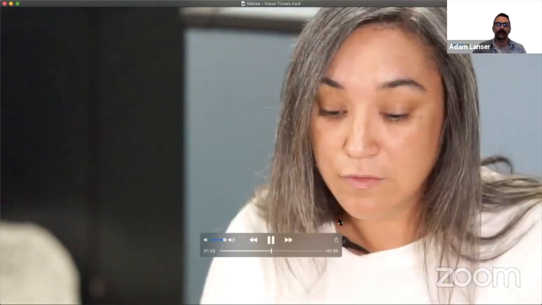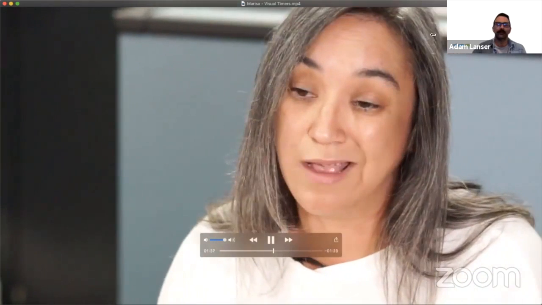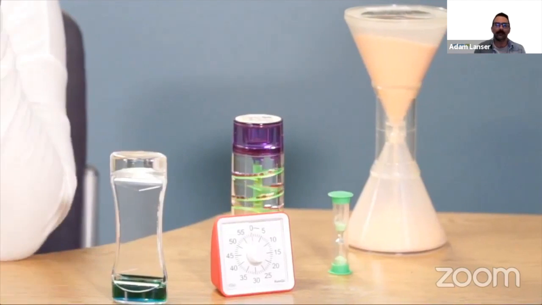I also use these especially for kids who need to work on unpreferred tasks, or tasks they do not want to do or struggle with, because they're more compliant when they know they're only going to have a set time. And when I tell them you're going to work for 10 minutes and then you can move on to a preferred task,